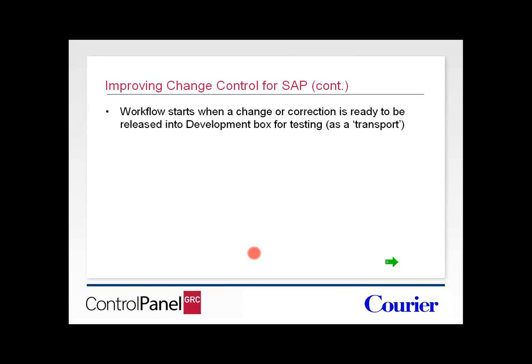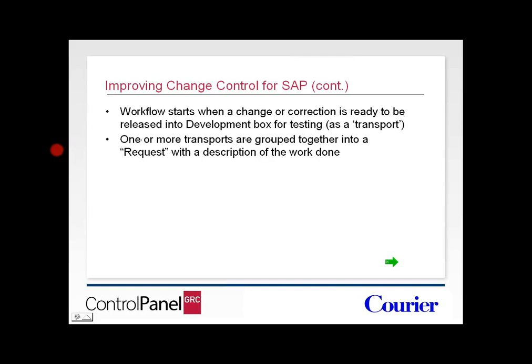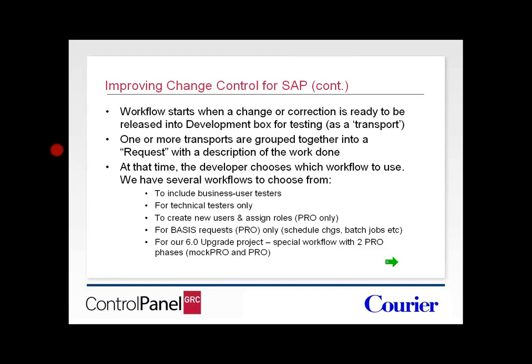So how do we start a change request? The workflow starts when a change request or correction is ready to be released into the development box for testing. So when you're ready to create a transport, not create a transport, when you're ready to release it. We can group one or more transports into one request, and we can describe what the work is to be done. At the time that the developer chooses which workflow to use,